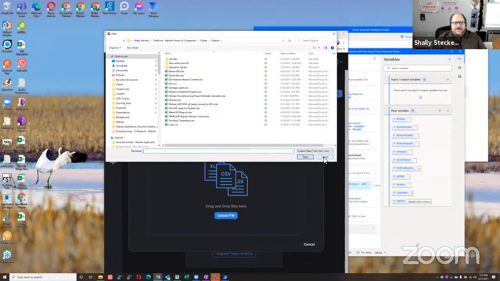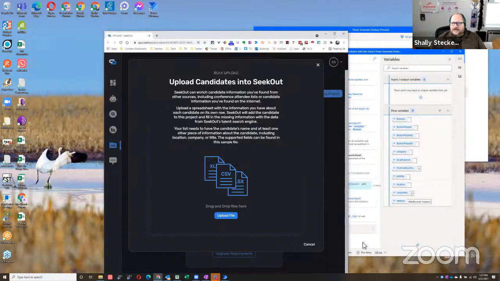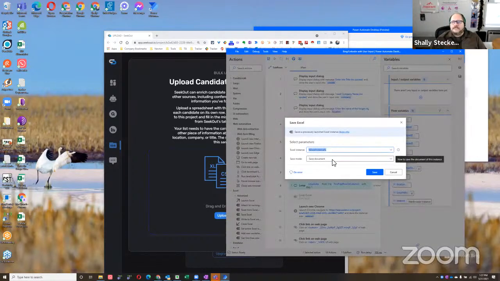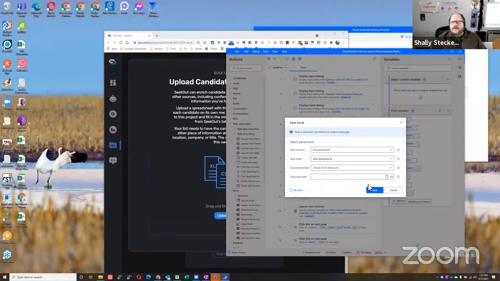So first things first, I need to find the path for that. Where did I save it? Oh, I didn't save it, did I? Ha, I saved it last time, but I didn't save it this time. So let's go ahead and save it. Save Excel. Save document as,